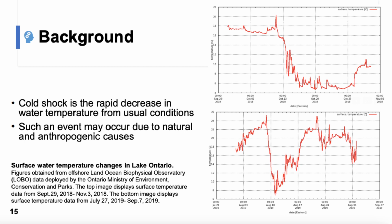and this is taking a Canadian example where we look at one of the Great Lakes, Lake Ontario, that's present in Canada, and it shows you